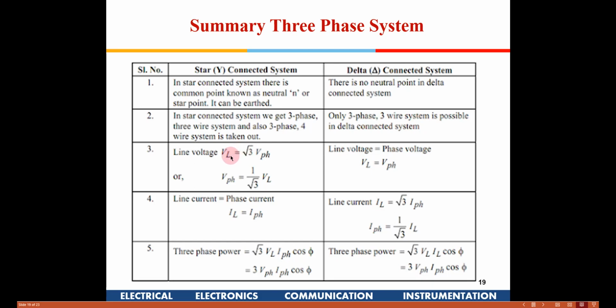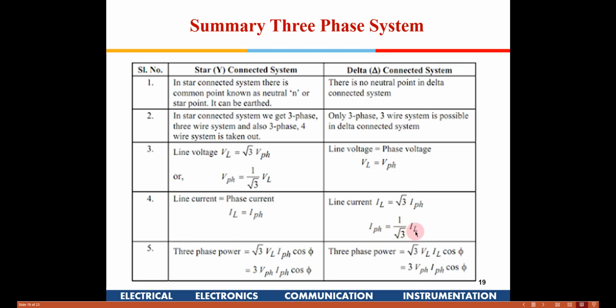Okay. For a star, the line voltage is given as √3 times phase voltage, or phase voltage is 1 by √3 times line voltage, whereas in a delta the line voltage and the phase voltage are the same, right? For the line current, it's the reverse here. For the line current in a star connected load, the line current and the phase current are going to be the same, and for line current in a delta connected load, it is going to be √3 times I phase, right? So the phase current is 1 by √3 I L.